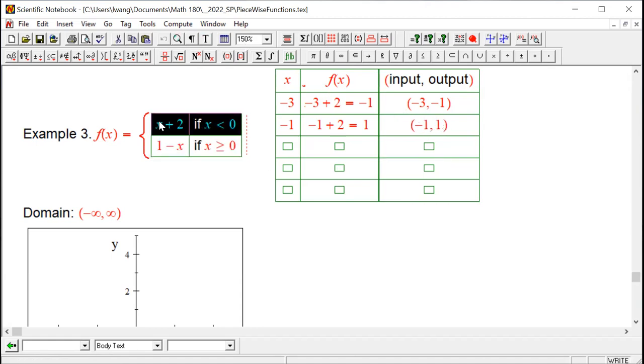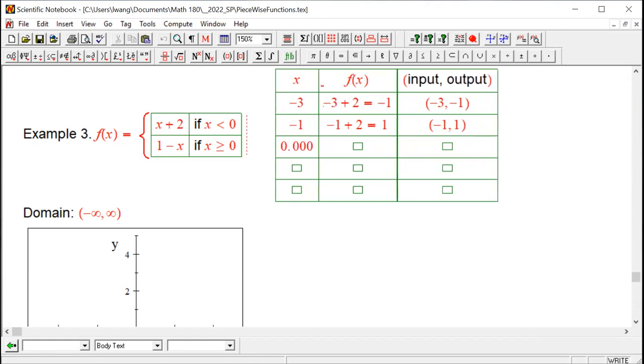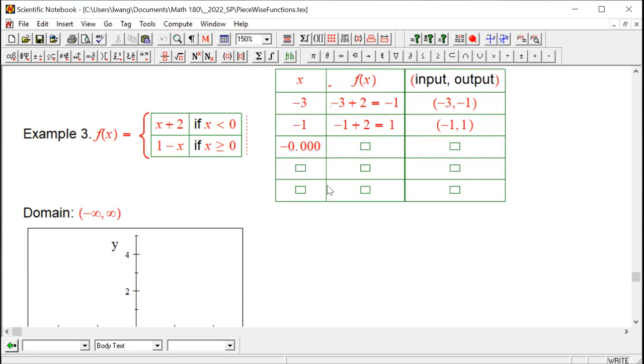Because this rule says the input is less than 0, you can certainly pick a point which is very close to 0. So I can pick negative 0.001, for example, and my output will be